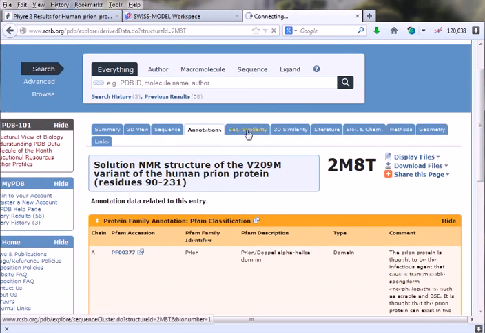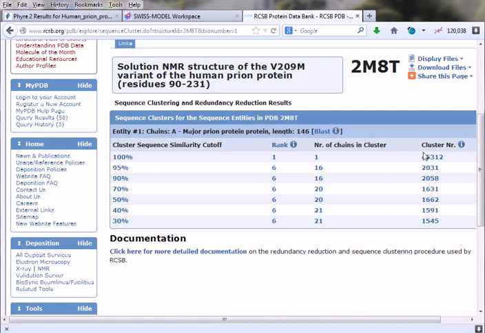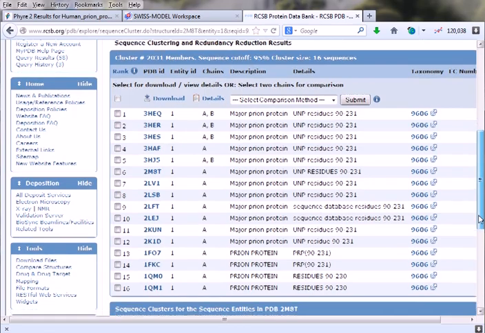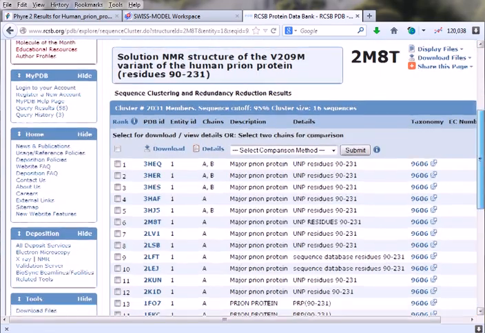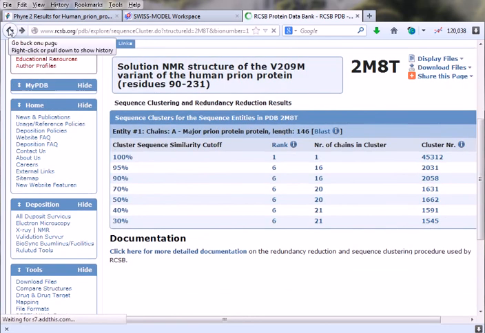We can look for sequence similarity tab for the similarity of this sequence with other sequences. So we can see the sequence similarity with the cluster number. Here is the 100% similarity, 95% similarity, say with this number. So if we click this number, we can see the clusters with which they are having 98% similarity. So these are the accession numbers with which they are having 98% similarities. If we click the download button, by selecting all of this, the structure of these proteins can also be downloaded. Okay,